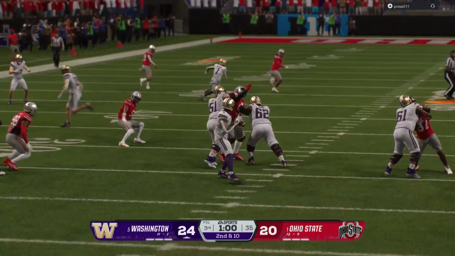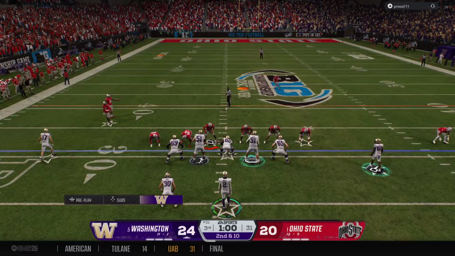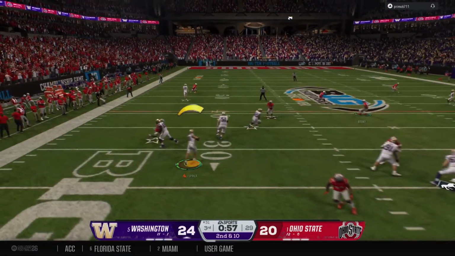I talk to defensive coordinators all over the country, and they're quick to point out the term affecting the quarterback. They kind of almost get offended when you want to talk to them about sacks. Sometimes it's just about getting into his face, affecting his vision. It's exactly what they did right here.